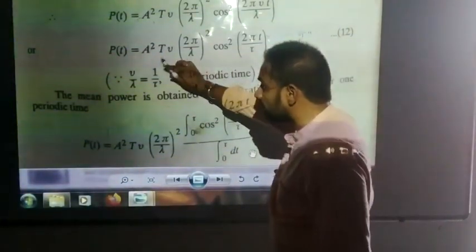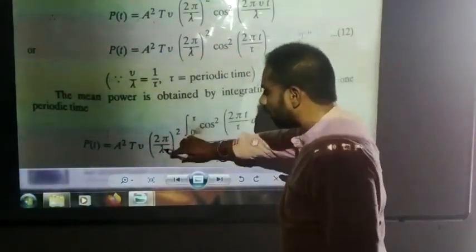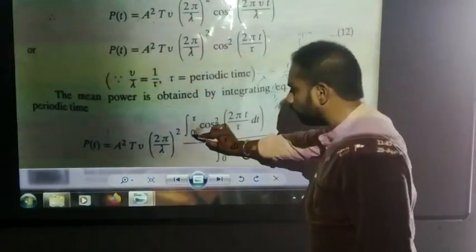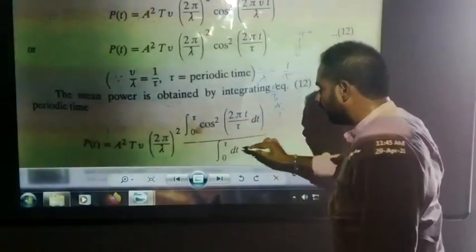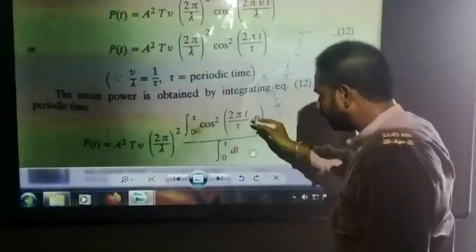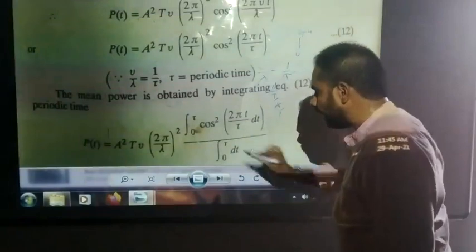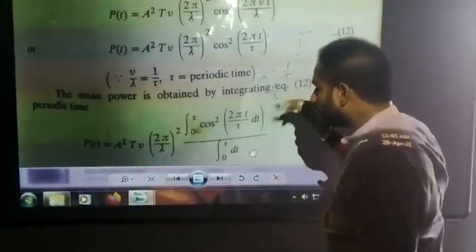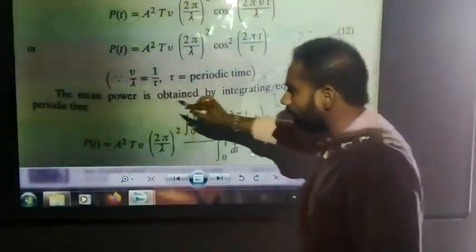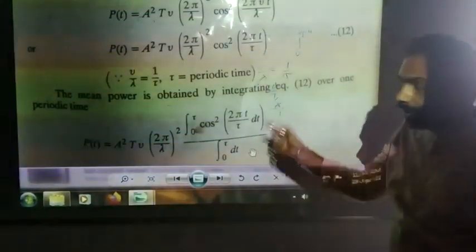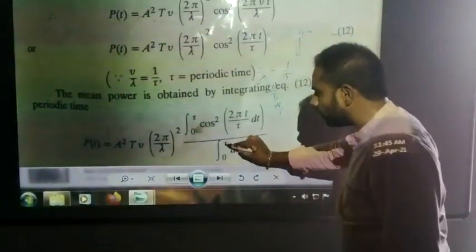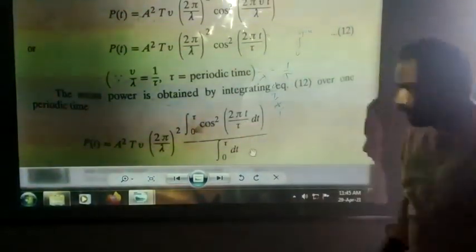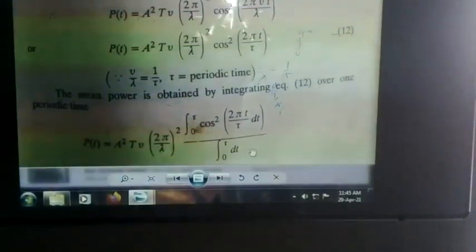These are constant. A square nu v, 2 pi by lambda square are constant. So we are integrating this value within the limits 0 to tau: cos square 2 pi t by tau dt, 0 to tau. To find the mean power, we take the integration from 0 to tau, and we also divide by the integral from 0 to tau dt. Okay, so after substituting those values and integrating,